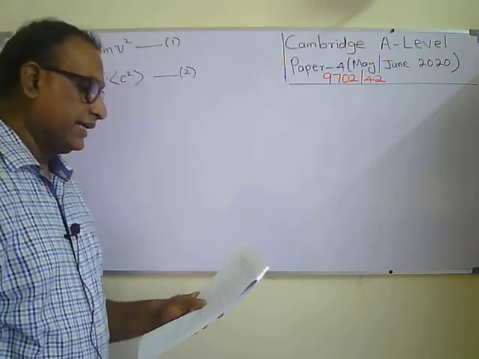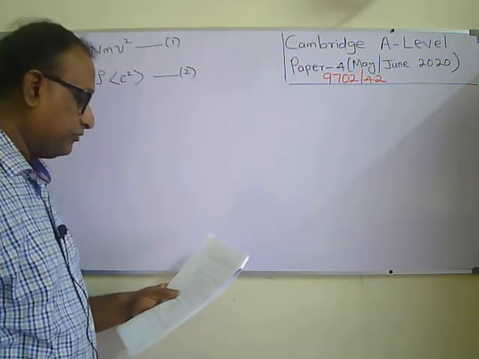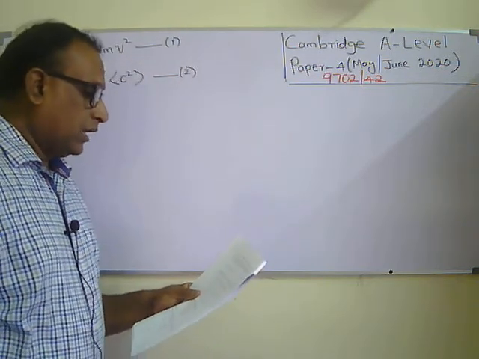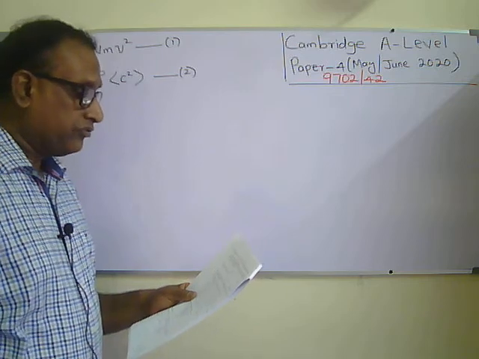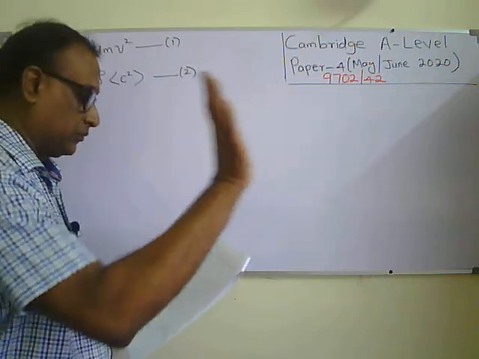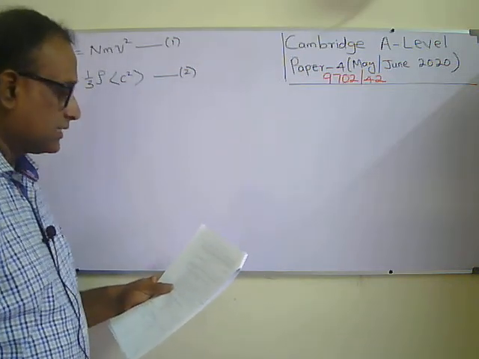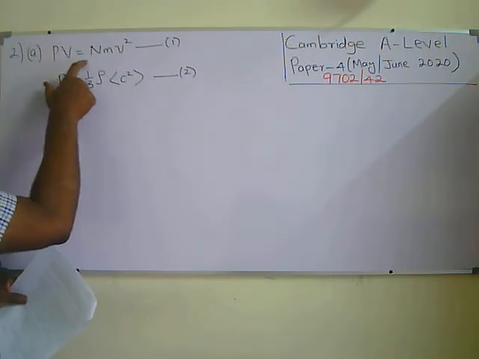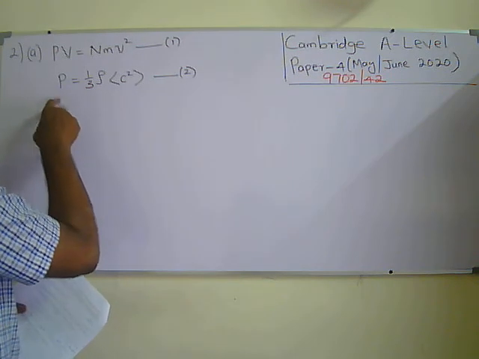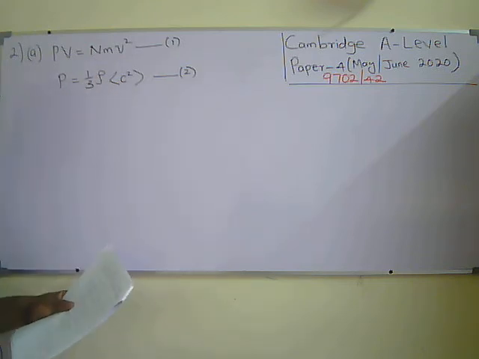Using the kinetic theory of ideal gas, it can be shown that if all the molecules are moving with speed v, so the speed of each molecule is v, at right angle to one face of the box. Okay, all the molecules are moving towards one side of the box, one face of the box. The pressure P exerted on the face of the box is given by this expression. They are telling it, right? Then they are saying this expression leads to another formula that relates the pressure and the density with mean square speed. You know that mean square speed.